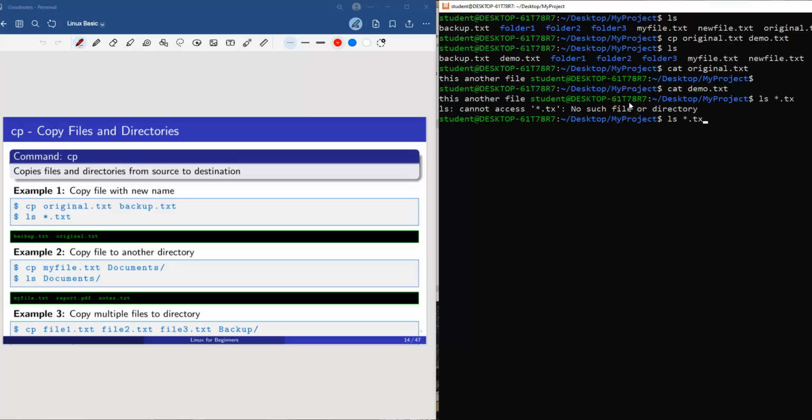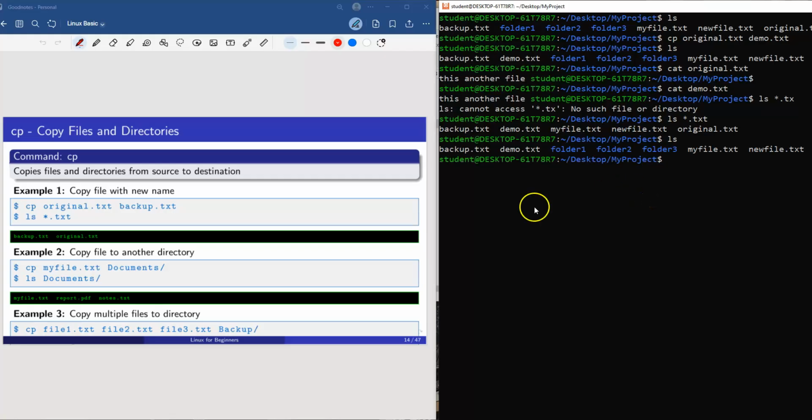See, these are the txt files you can see. Actually we have created all these files. Now copy one file to another directory. Now if you see in that ls, in my project all these files are there. Now I want to copy one file to the